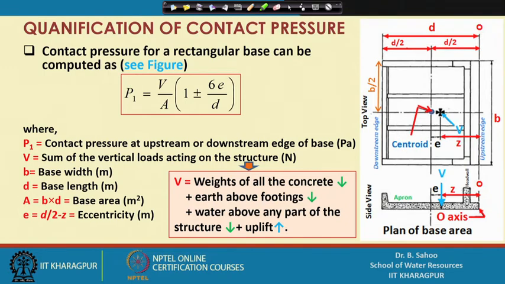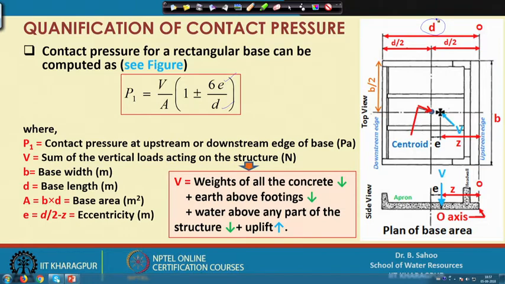For calculating the contact pressure for a rectangular base, we can use the equation P1 equals V by A into 1 plus or minus 6e divided by D. Here e is the eccentricity, and D is the width of this base,